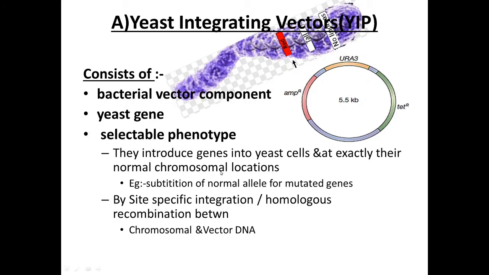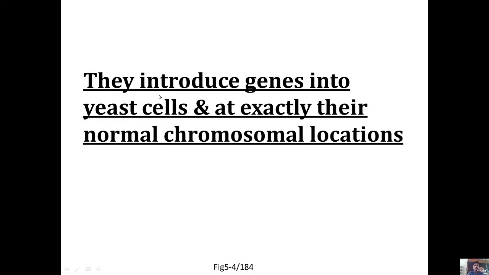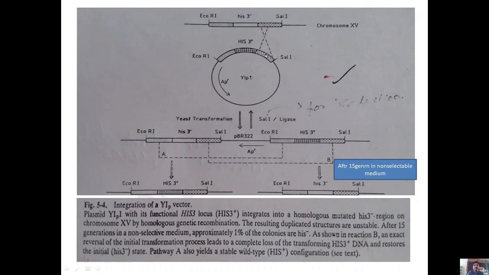In that way, this YIP vector is integrated into the exact chromosomal location of the yeast genome. Hence, it can replace the mutant allele present in the yeast chromosome with the wild type allele present in the YIP vector. So that's why this vector is known as yeast integrating vector. Yes, so they can introduce genes into the yeast cell at exactly their normal chromosomal locations. Here in this picture,